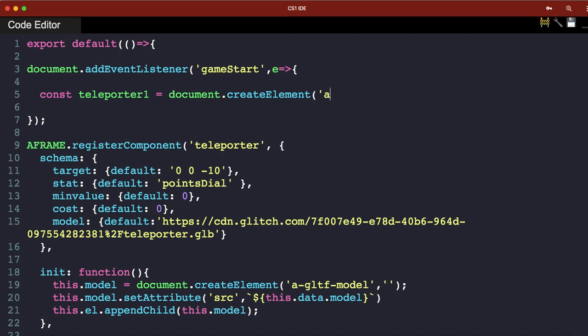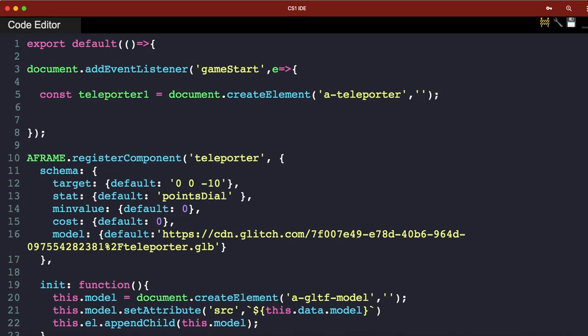Create element, and then we'll say a teleporter, and then let's just pass in an empty string right now, and then we'll define the details down here below. We could actually put all the data inside of this string, but it will look nicer on the screen for you if I just type it out this way. So teleporter